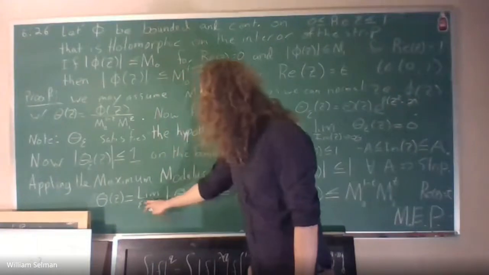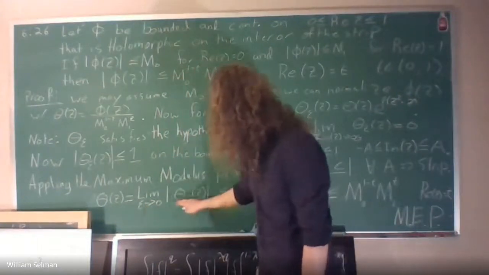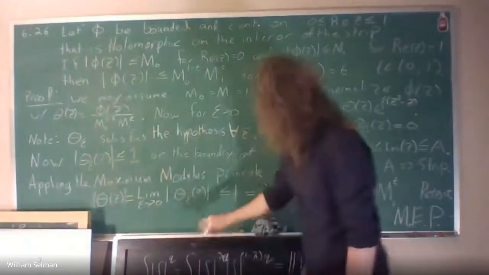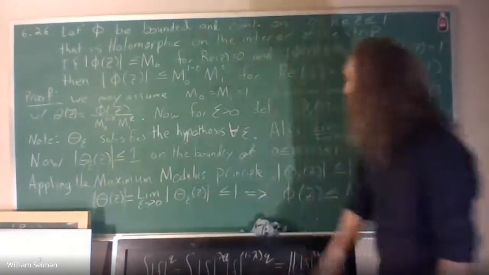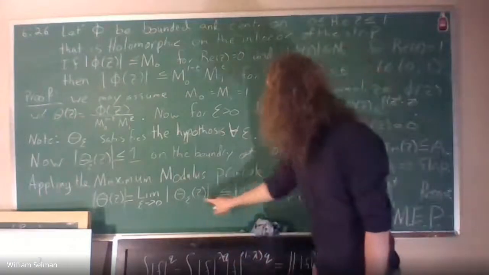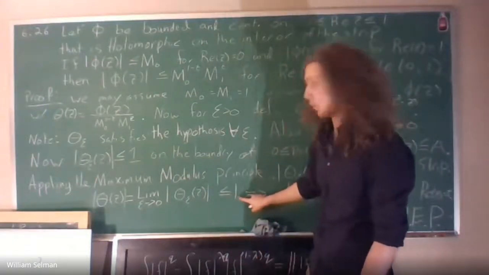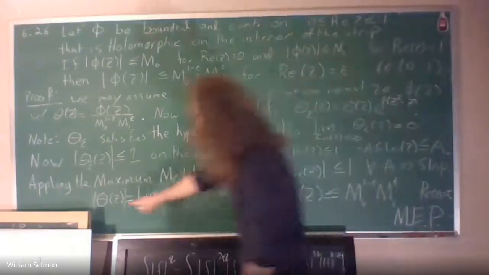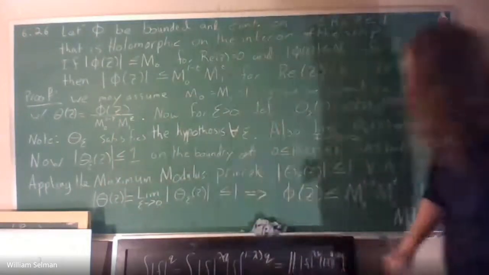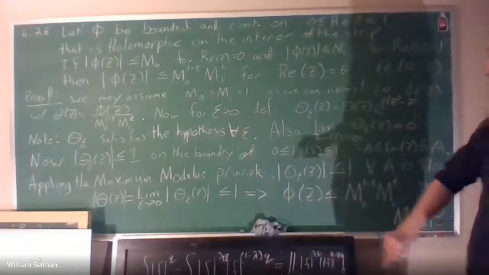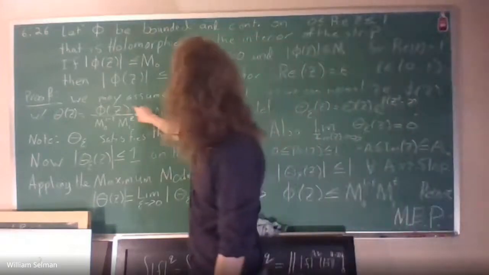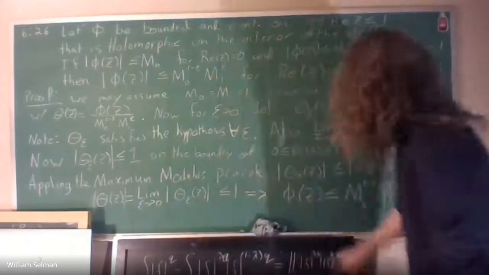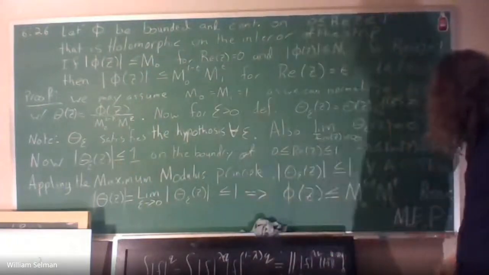Now that we have that it's true for the entire strip, what we get is that the magnitude of theta is equal to the limit as epsilon goes to 0 of the magnitude of theta epsilon of z, which we now know is less than or equal to 1. So what we get here is that theta is in fact also less than or equal to 1. And because theta is less than or equal to 1, we can take our definition of theta and divide over by the bounding conditions here, and we get,